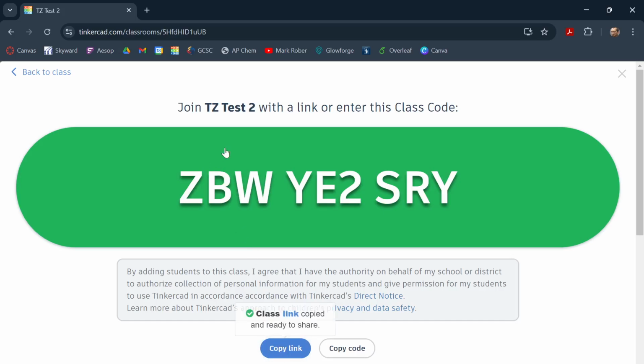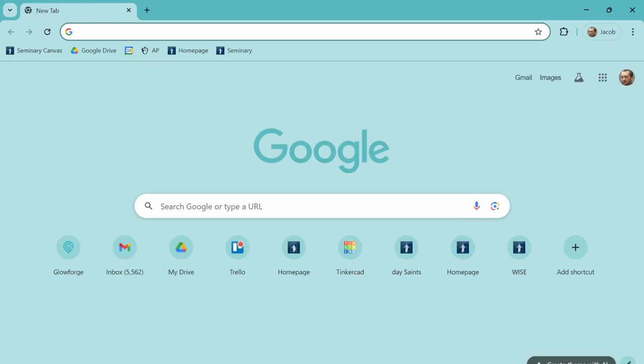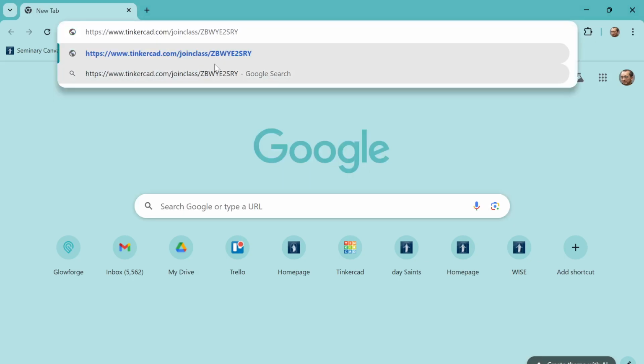So I'm going to go ahead and just copy this link. I'm going to go to my personal website, or my personal account, so it's not conflicting with my teacher account. And I'm just going to do Control V here, okay? Since they won't have an ability for you, well, I guess you could share that link via Canvas, or in a Google Classroom. So you could share that link, so that all they have to do is click on that link. That might be useful,